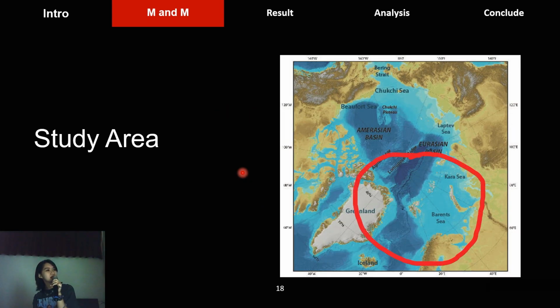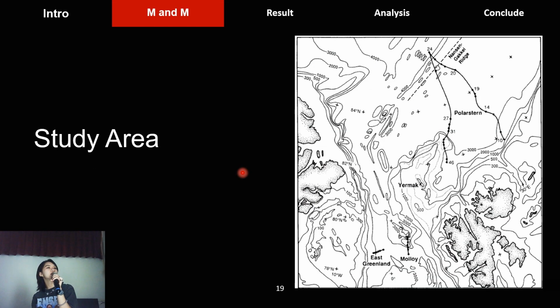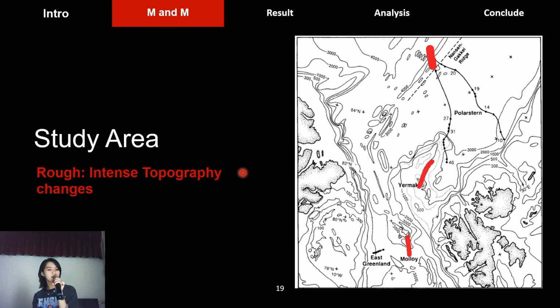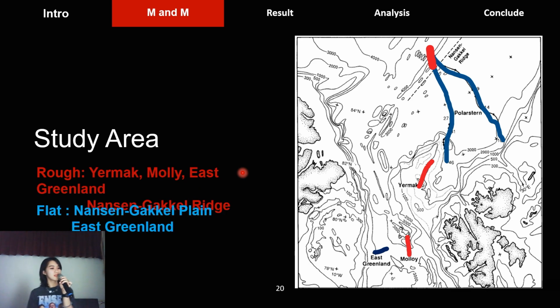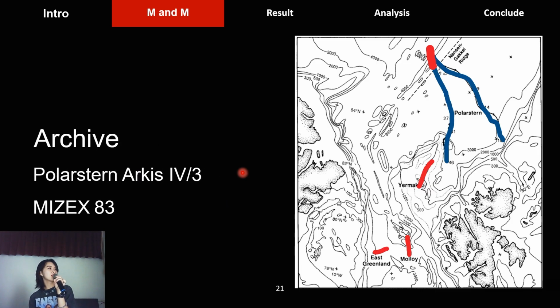So here is our study area. It shows the frame rate, and these are the contour lines of it. You can see in here we have something that is rough. There are some intense topography changes. And in here, this is flat. The topography is more flat. So these will be the locations that we're going to look at by looking through the archive data of these